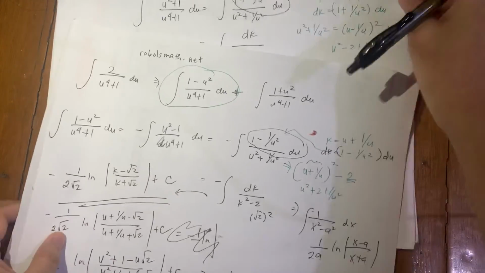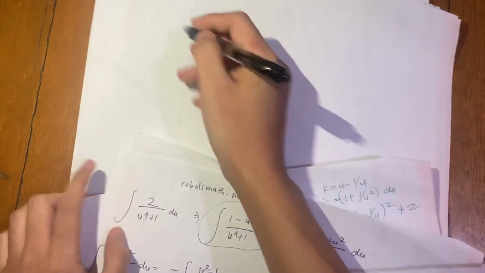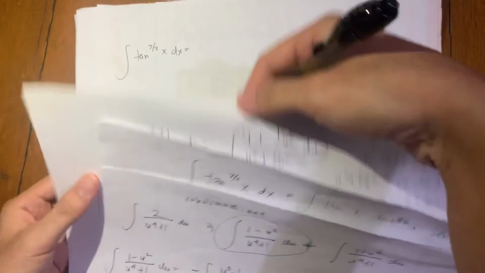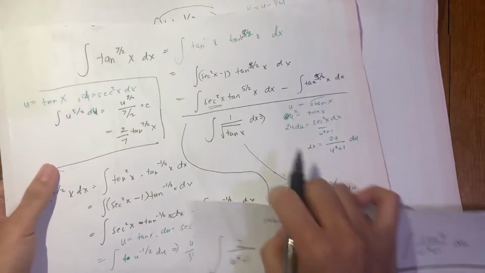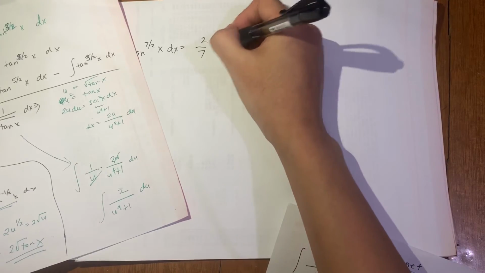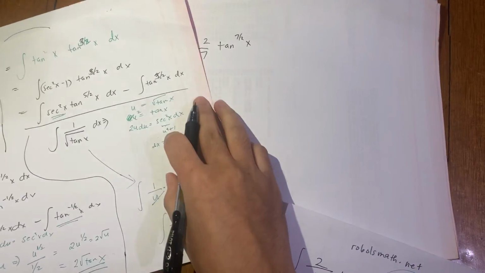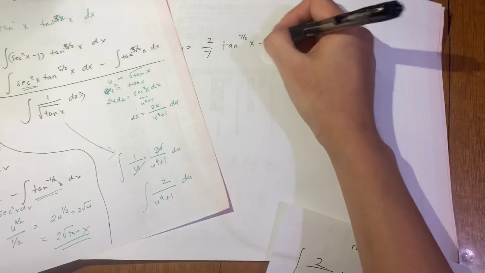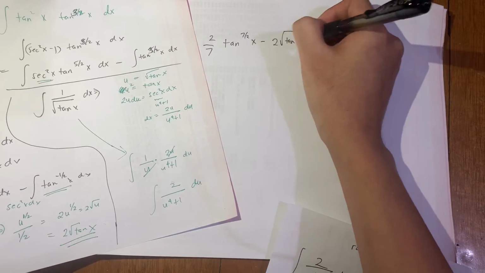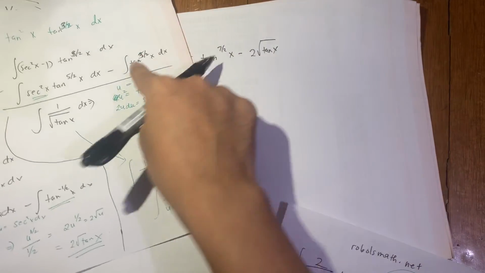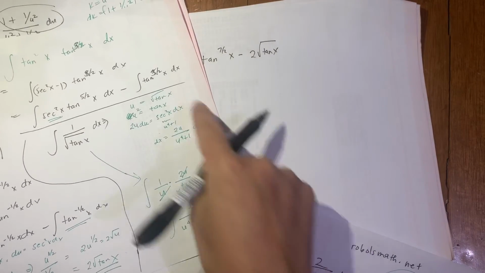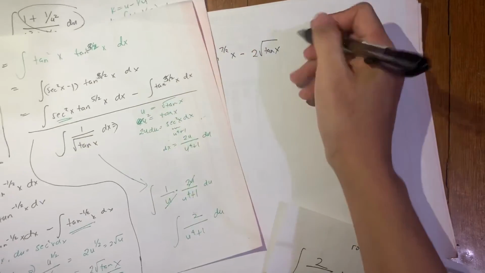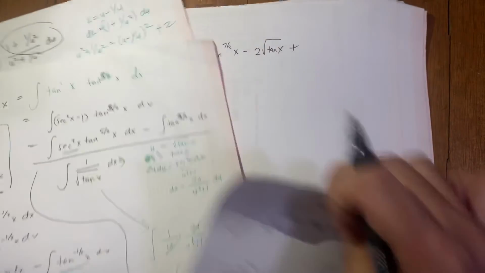So gawin natin, pagsamasamahin lang natin, to summarize, the answer is the integral of tangent to the 7 halves x dx is equal to, from the first step, we got 2 over 7 tangent to the 7 halves x, and then this is minus integral of tangent to the 3 halves, so minus this, minus 2 square root of tangent x, tapos minus, nasan tayo? Minus the integral of this thing. So minus times minus ulit dito, so magiging positive na yun. So that's just plus yung integral natin, ito,